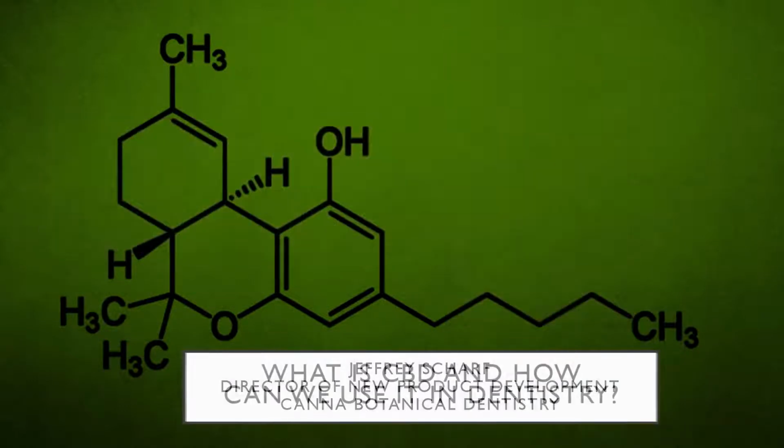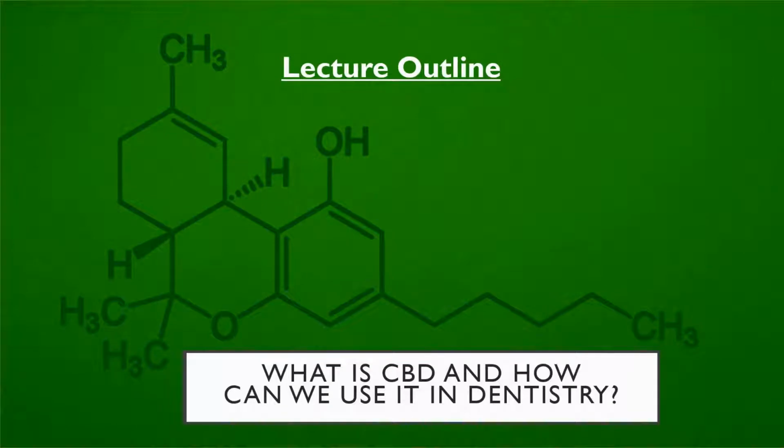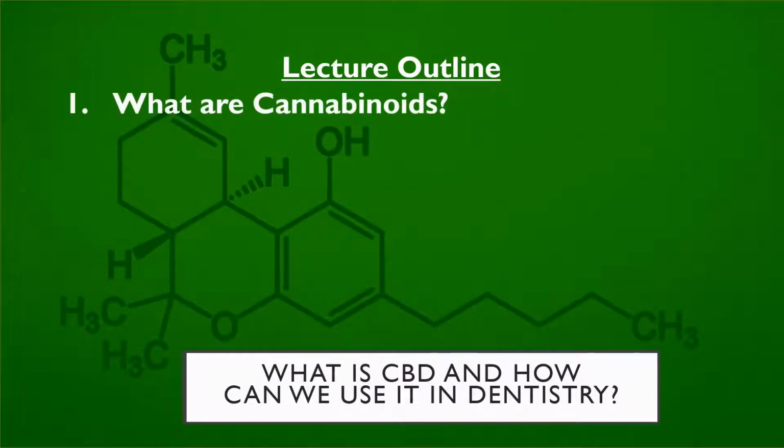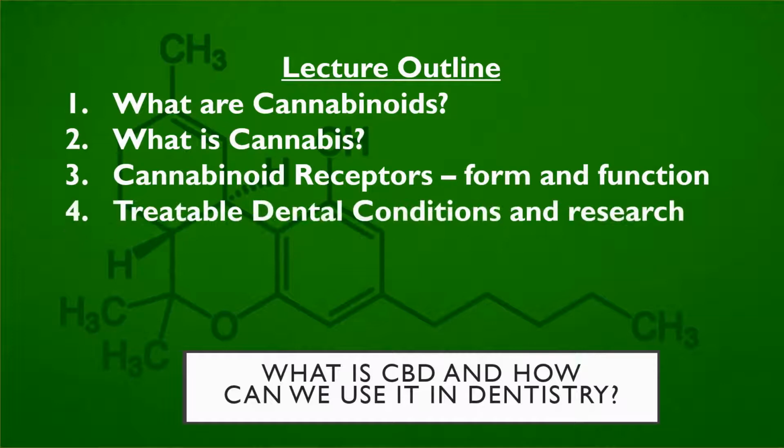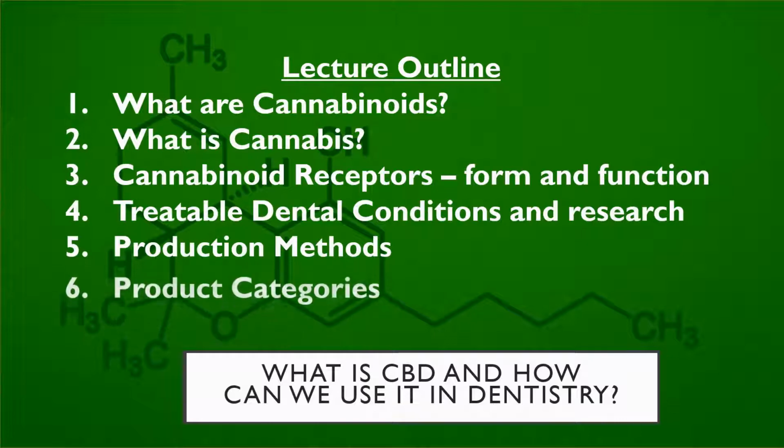Let me briefly introduce the different topics that we're going to cover today. We will start by answering the question, what are cannabinoids, which will help us to determine what is cannabis. We are going to take a look at a highly specialized structure called a cannabinoid receptor. We are going to take a look at some of the dental conditions that may be treatable by investigating the research that currently exists. I will introduce some basics about the production methodologies to get a better idea of how these products are made, before concluding with the product categories that exist and how they may be used in your